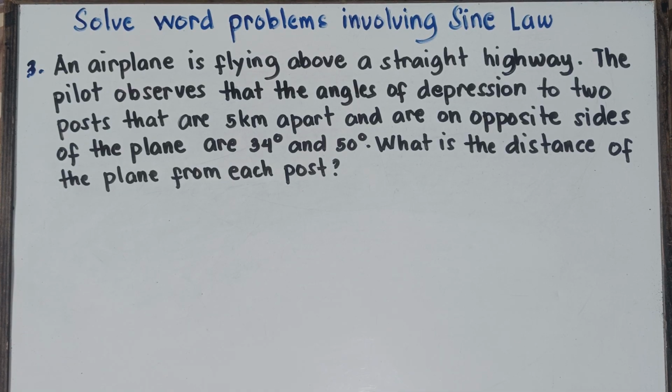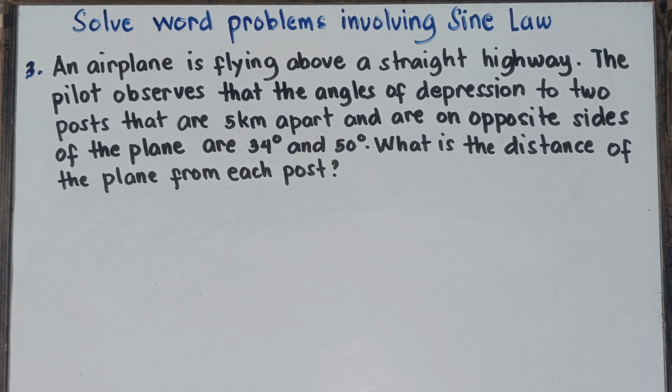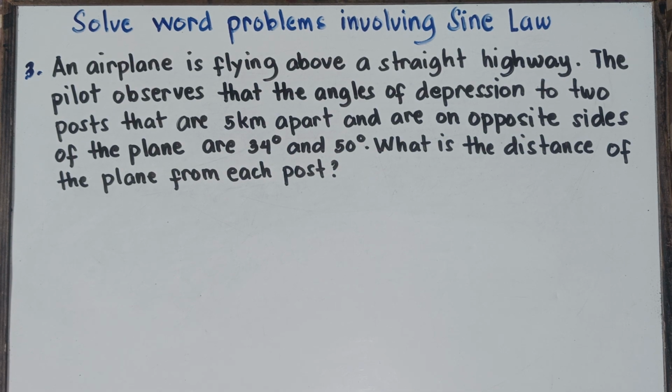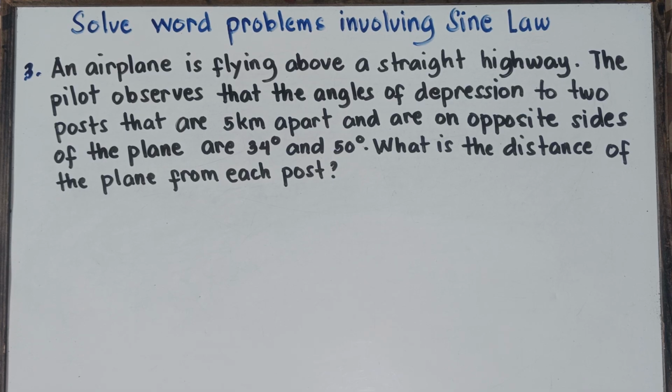In part 1 of our video, we actually have two given example problems. For number 1, we have a given triangular pond, and for number 2, we have two given angles of elevation to the top of the tower. If you want to learn more about that part 1 class, I will put the link in the description down below. I'm sure, class, if you watch that video, you will really understand, because we explained that one step by step and gave illustrations.